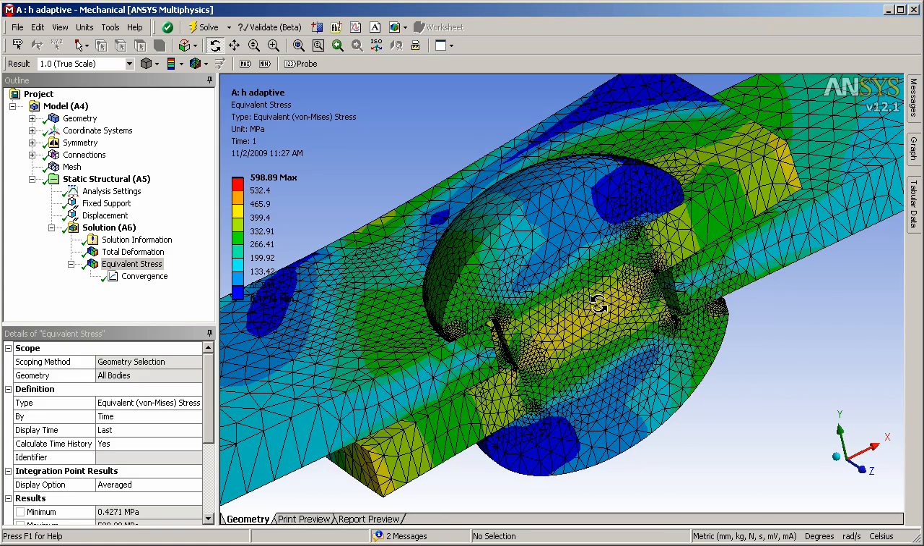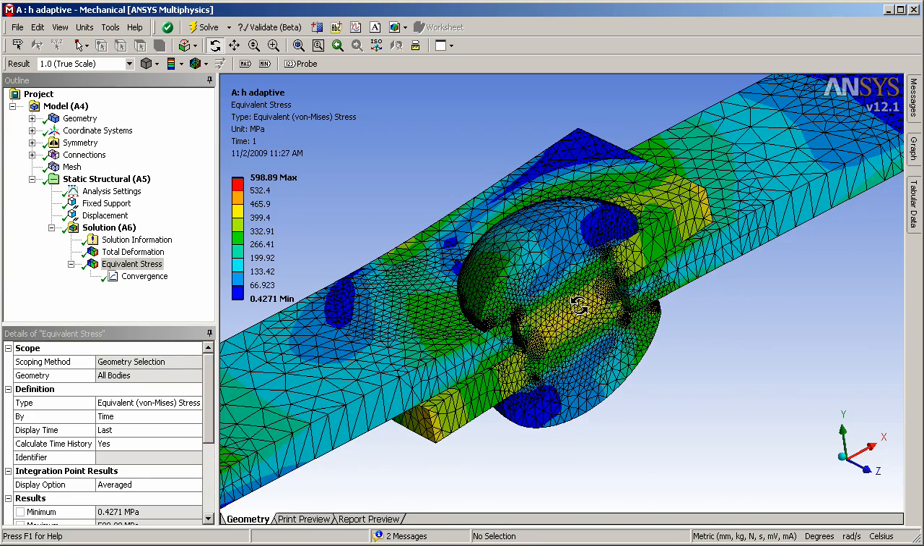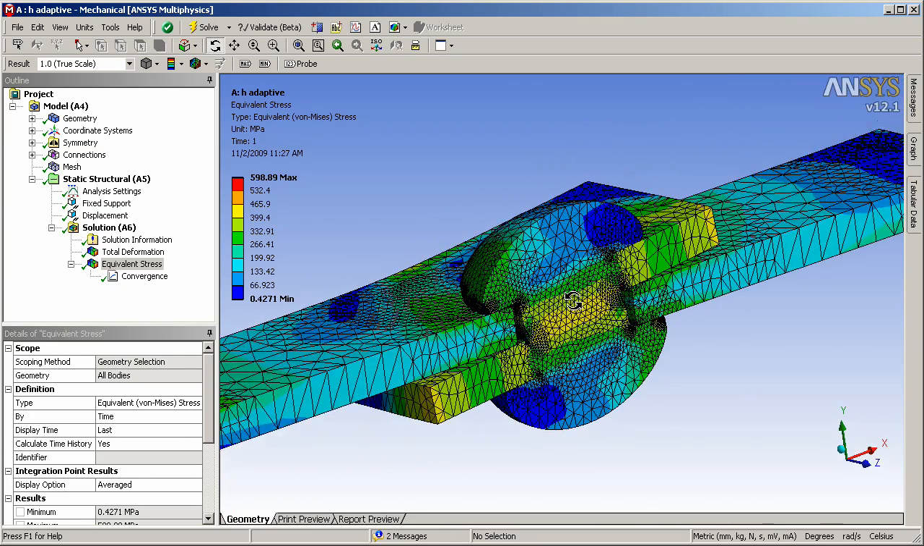So this is something you want to keep in mind as you're solving stress solutions. The same H-adaptive technique is valid for a modal analysis or a thermal analysis and a variety of other analysis types in mechanical. So keep this in mind as you use the